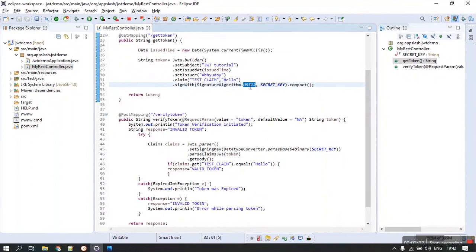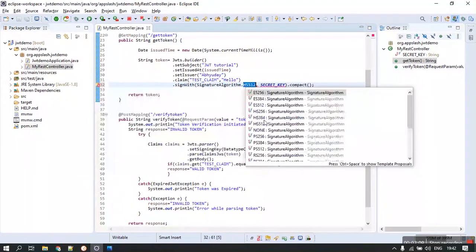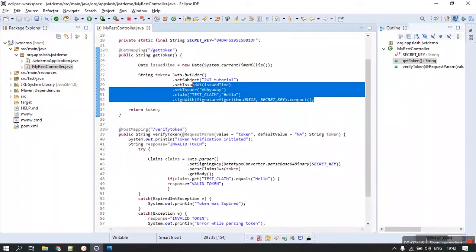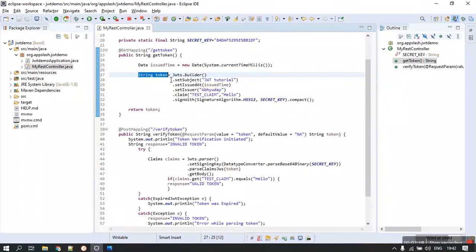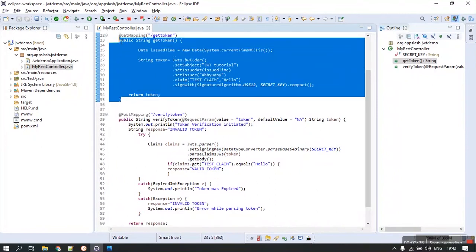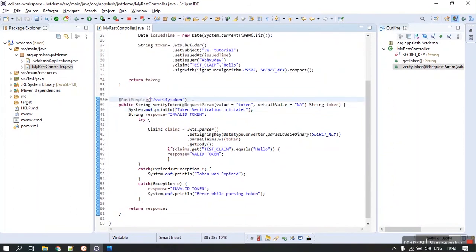And I've signed that token using the signature algorithm that was already decided. It was HS512. There are a couple of them. If you want to change it anytime, there you can find. And the secret key I have employed over here. And the token that is generated is sent to the string token, and that very same string is returned to us. Now, as soon as we get this string, we are going to send it back as a post, and that post is to verify whether the token that was received was tampered with and so forth.